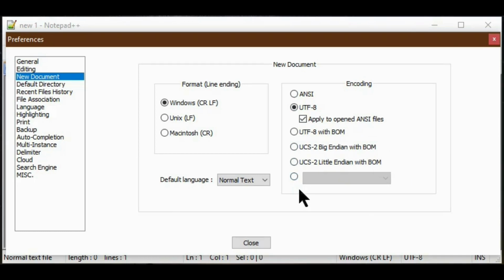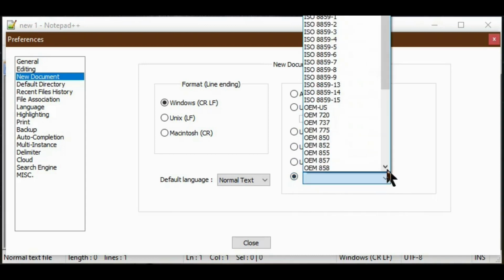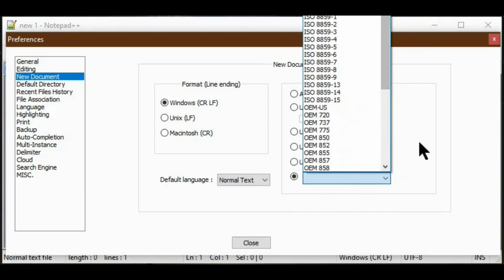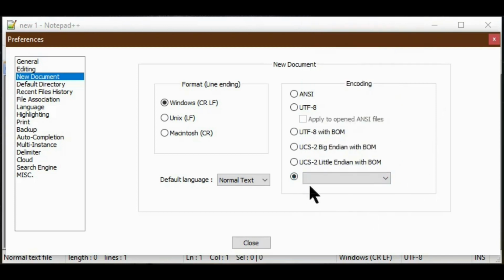Also, it gives one more option. If we select that radio button, it shows all the encoding systems available in the world. We can select any one of them for our coding purpose. But for coding HTML files, it is always recommended that you select UTF-8.